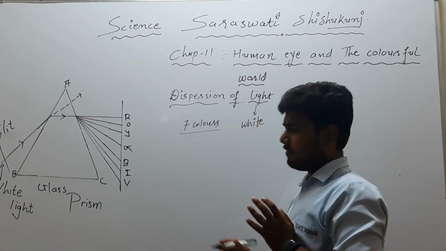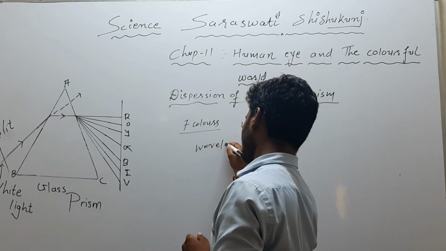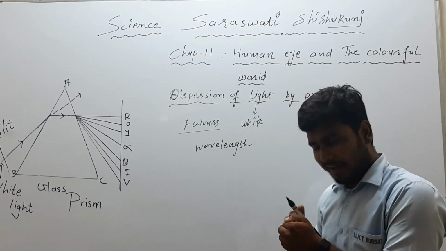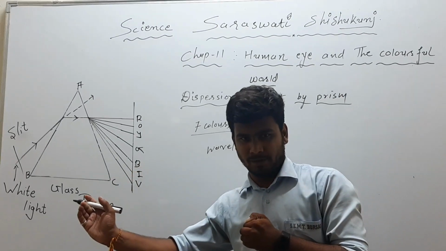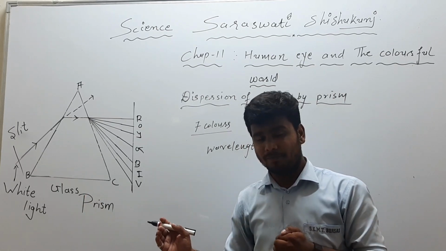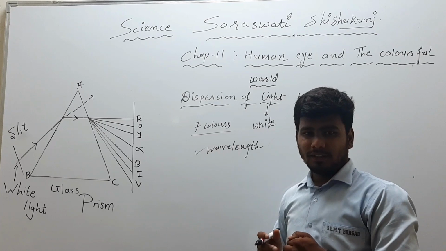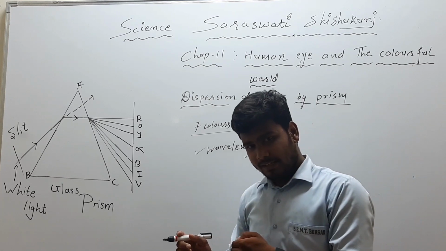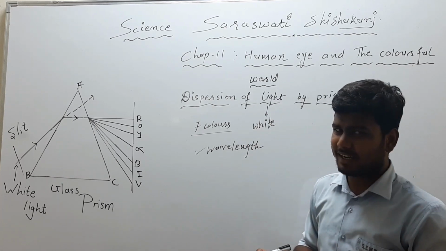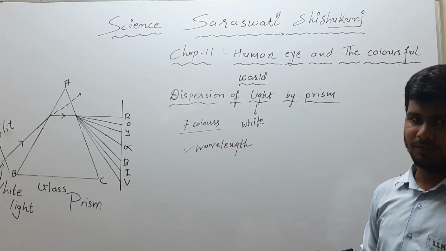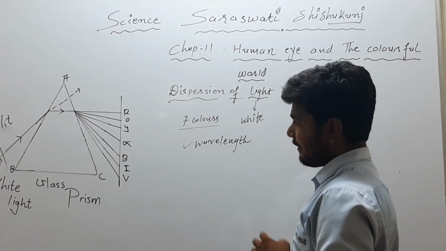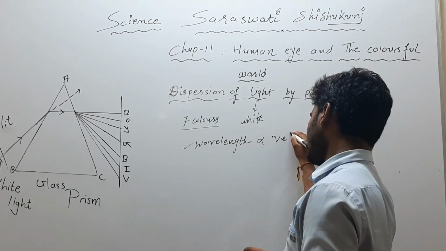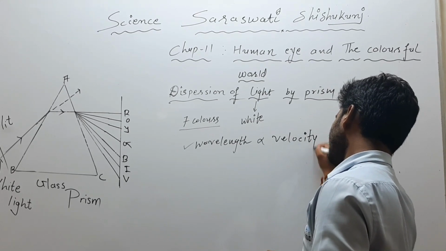Each of the colors has a different wavelength. When this light travels from one transparent medium to another, that is, when the medium changes, there will be a difference in their velocities according to their wavelengths, and according to those velocities the colors get separated. Let us understand it with an example. Take the red color: its wavelength is more, and wavelength is directly proportional to velocity, so its velocity will also be more.